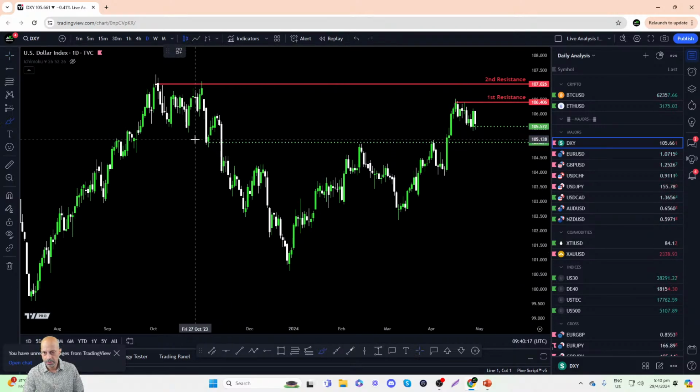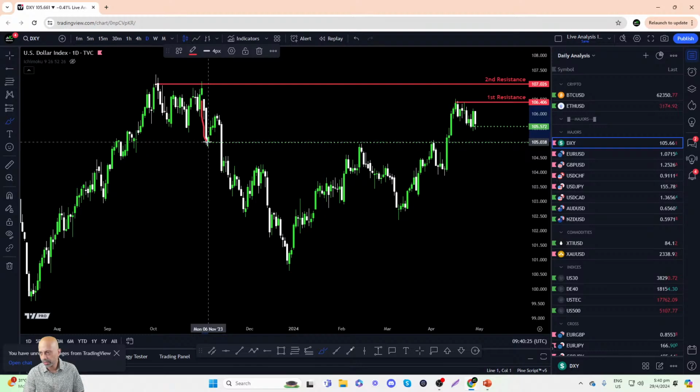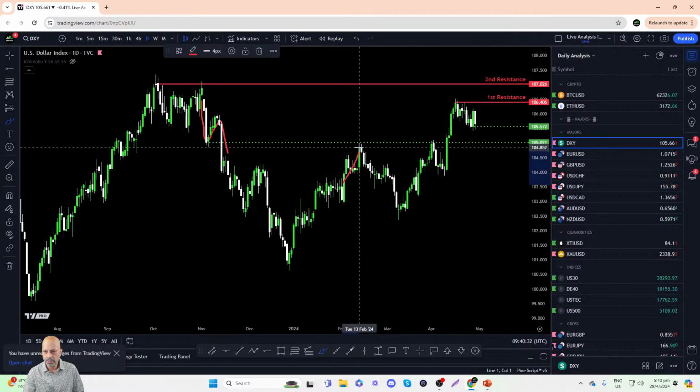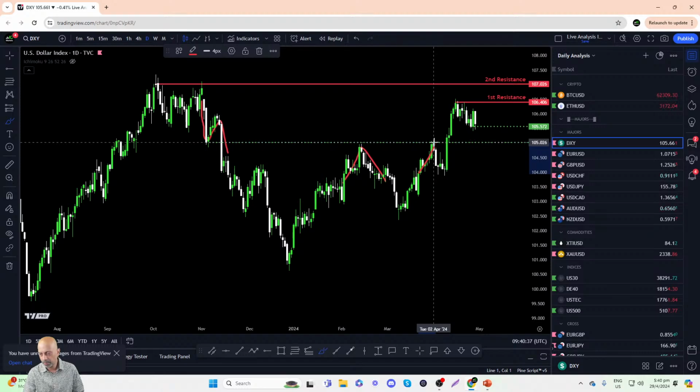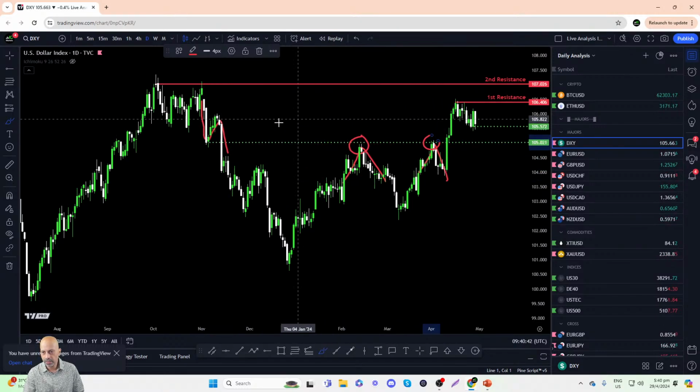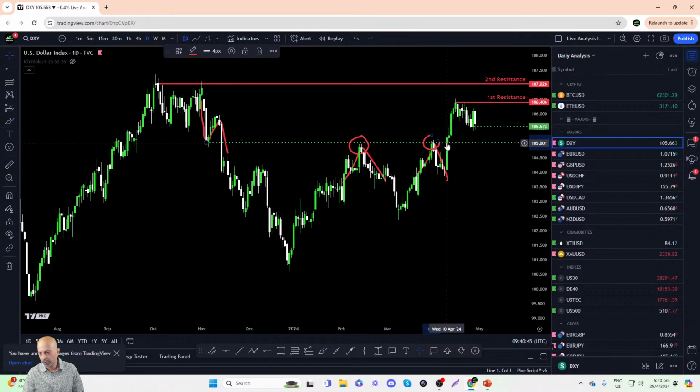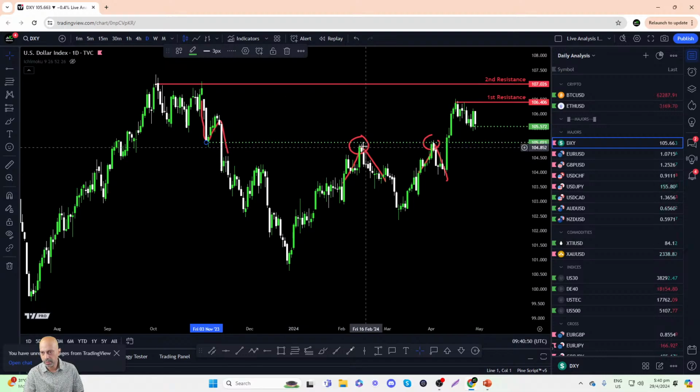We can see previously back in November of 2023, as price was falling down sharply over a period of 2 days, it found support here at 105 on the 6th of November to retrace higher before finally breaking lower. Then again we can see twice the dollar index has made a significant swing high resistance, first on the 14th of February and then the second time on the 2nd of April as well. So we have two swing high resistances here as well, which creates a very significant overlap level. Now, of course, with price trading above it, this overlap could potentially function as a major support. So that's why we're going to identify it as the first support level for the dollar index.